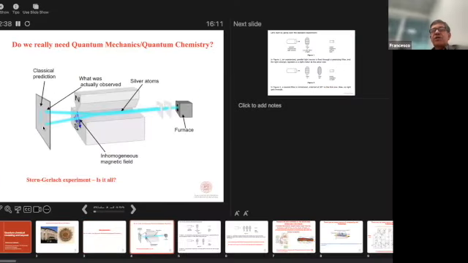Two classical reasons why we need quantum mechanics. The examples I'm going to give you come from probably high school physics, certainly the first years of undergraduate studies. So this is the famous Stern-Gerlach experiment. Now, there is a furnace here. You can see the furnace. In the furnace, there is some silver, and then the silver